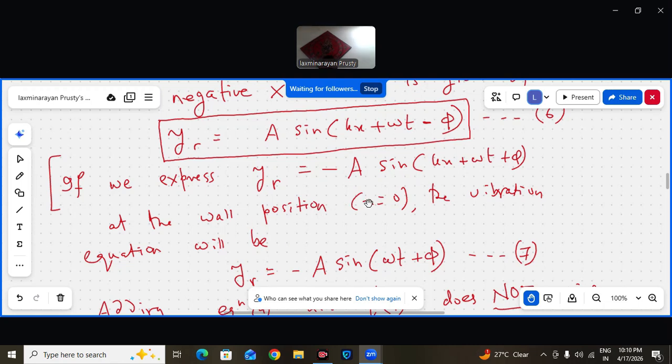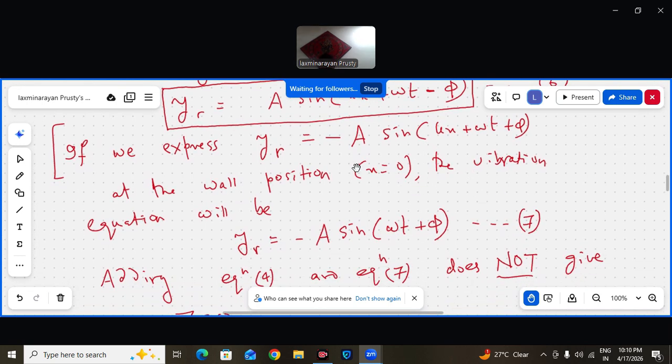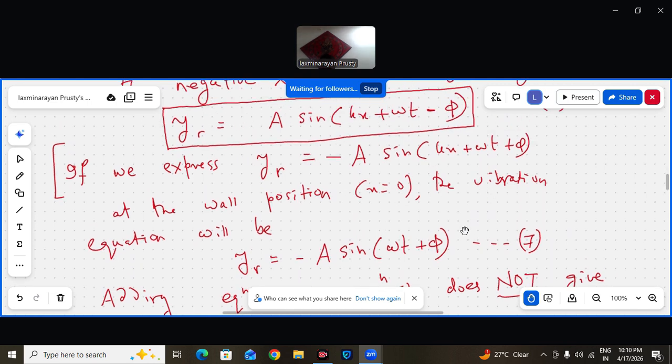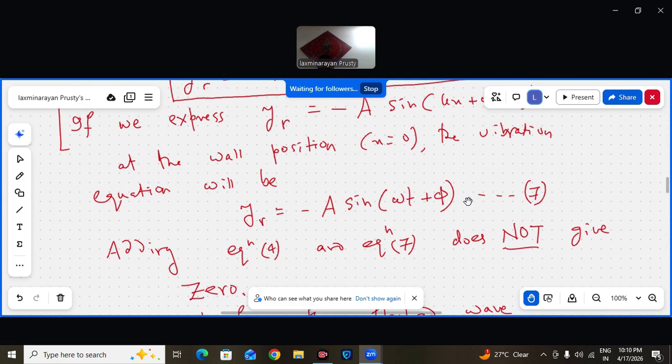At the wall position x = 0, the vibration equation yr becomes minus a sin(ωt + φ), if we write as given in my question. So then equation 4,